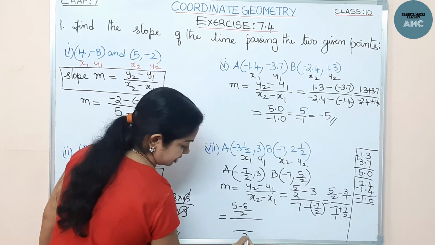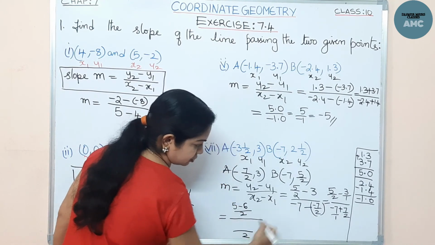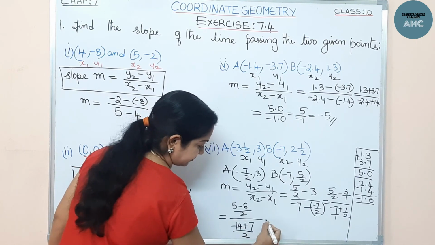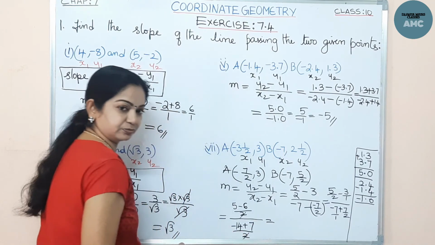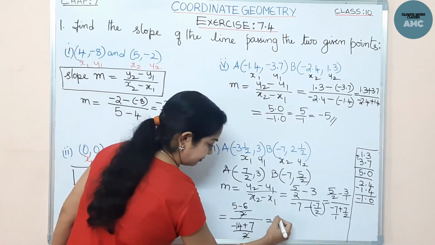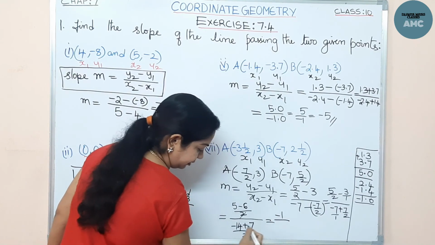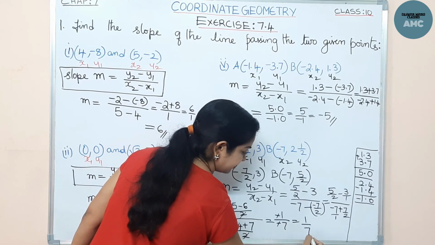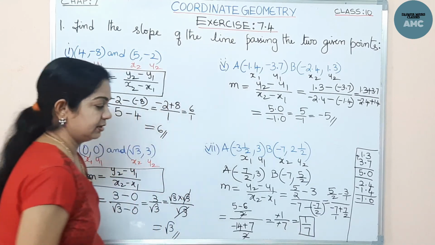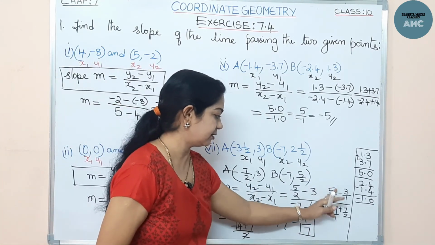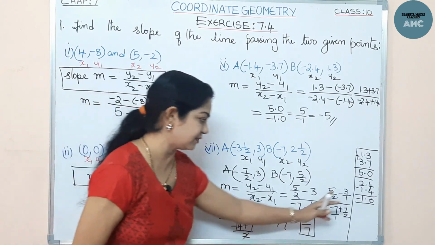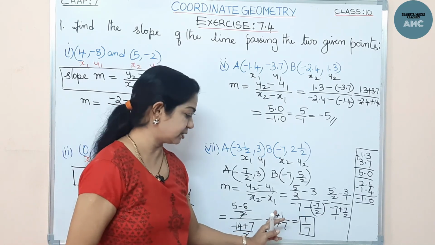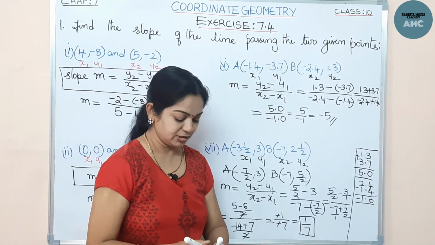Now take the LCM to the down part. Here 1 2s are, so 2 will be multiplied to the numerator, 14 plus 2 1s, so 7. Here you can cancel these 2 because 2 and 2. Now 5 minus 6 is minus 1. By here minus 7. So minus and minus again you can cancel. Just 1 by 7 is the answer. Okay. Here what we did, just the subtraction of the fractions. That means we are going through the LCM. I've taken the LCM, I've cancelled the denominators. Now we also cancelled the negative sign and we got just 1/7.